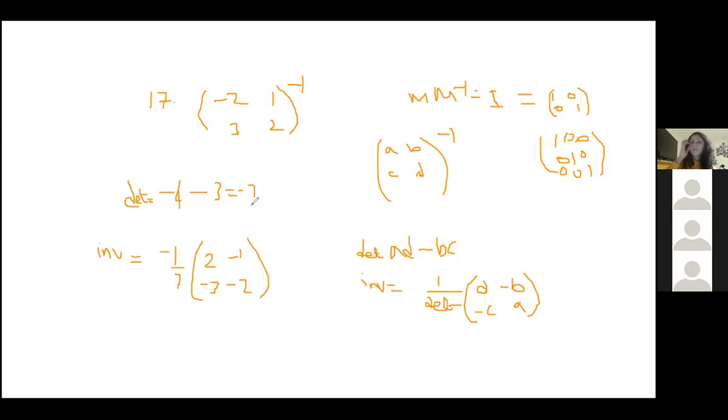There are methods to do inverses of 3x3 matrices, but that is a really, really long process. And quite honestly, you don't need to know how to do that. If you ever need to do 3x3 matrices, you could always use a calculator. But for the purposes of this course, that is an unnecessary complication.